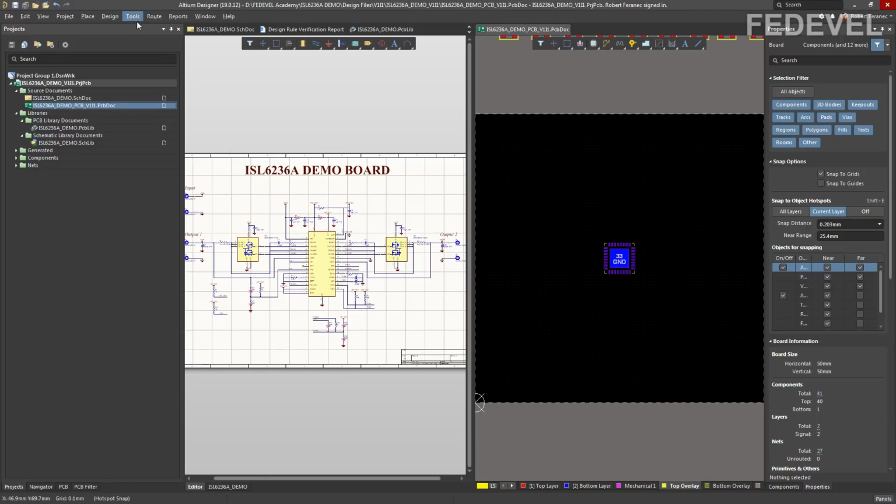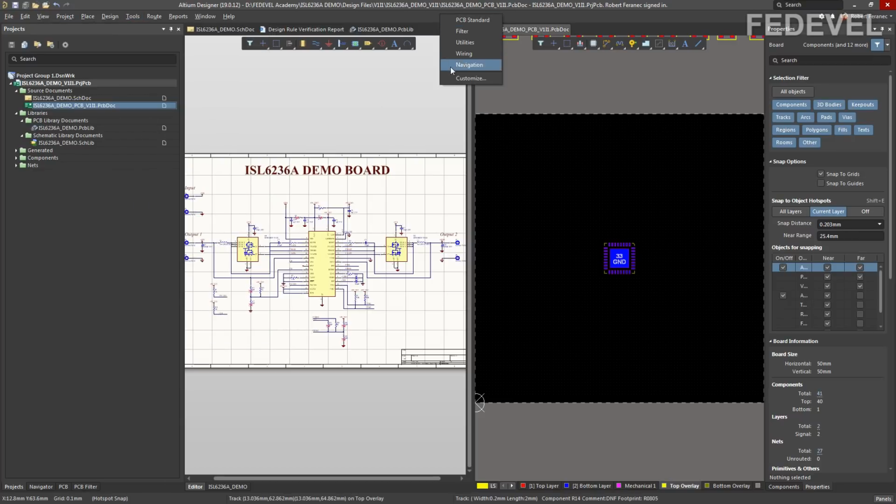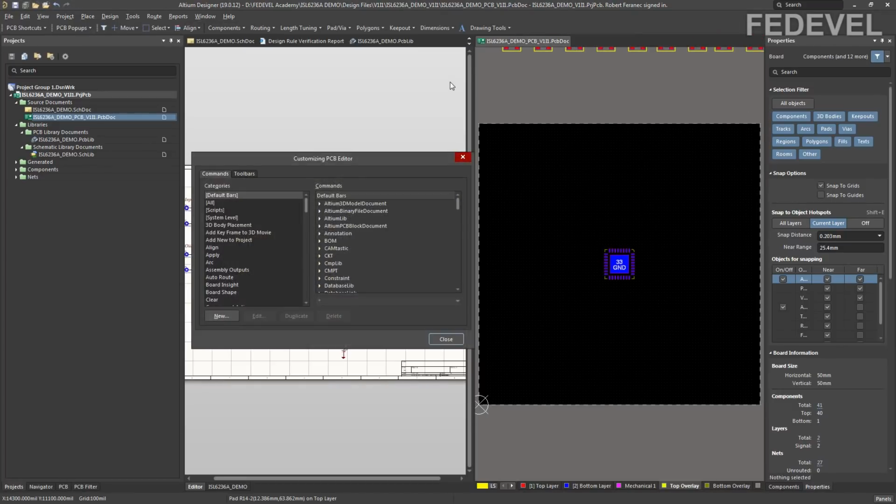Because we are going to use this Reposition Selected Components command a lot, we would like to place a shortcut into this bar, which is here. So to place your own shortcut on this bar, simply right click somewhere here, select Customize, left click on All, and we are going to search for Reposition. Here it is.